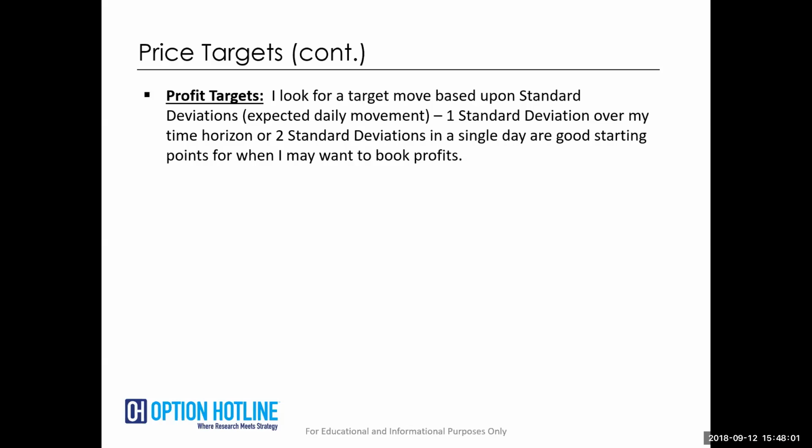And the reason I never say that a standard deviation move over my time horizon is the point of exit is that then my average return will be less than that. Because sometimes a stock only goes a half a standard deviation in my favor. That's a smaller win. So sometimes I have to have that stock that goes 1.5 or 2 or 3 standard deviations in my favor to get that even bigger win. And frankly, just because it's a standard deviation move doesn't mean it's going to stop there.